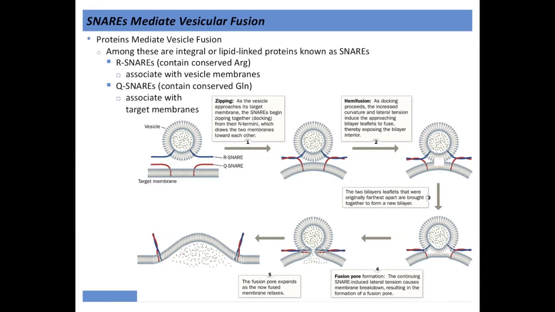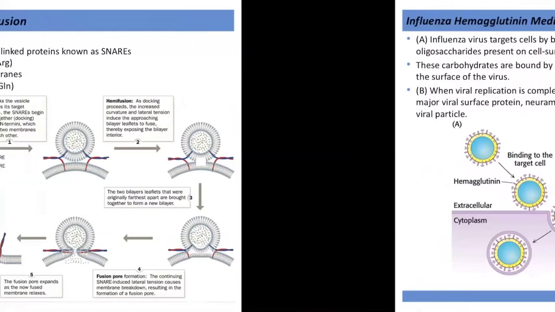And so those SNARE proteins tend to kind of bring these into close proximity. You start excluding some of those lipids out, and essentially you just reestablish a new bilayer there. And then eventually it will open up and you can release the contents of the vesicle into the interior of the cell, or you can release it to the exterior of the cell. Okay, so that is SNARE-mediated